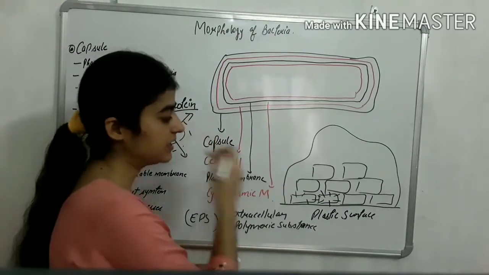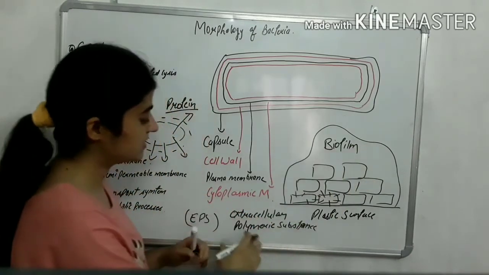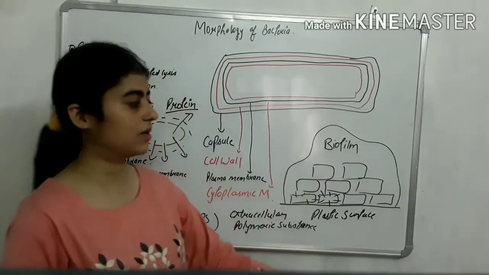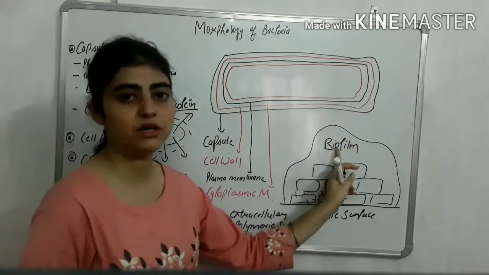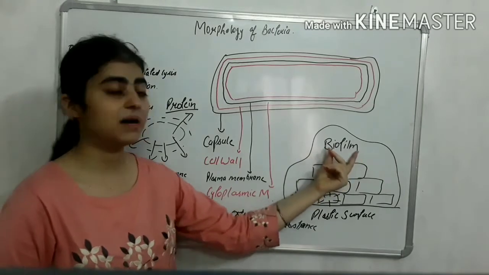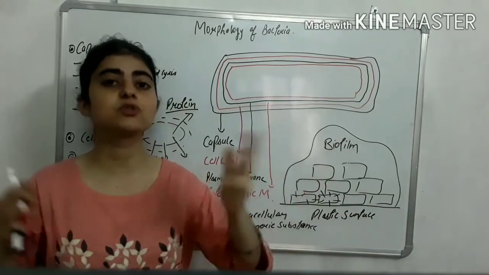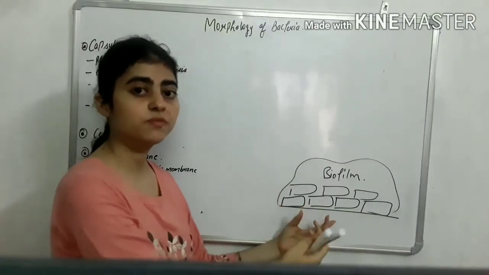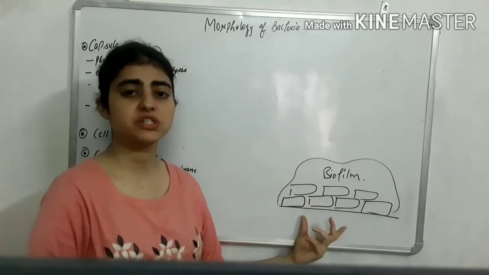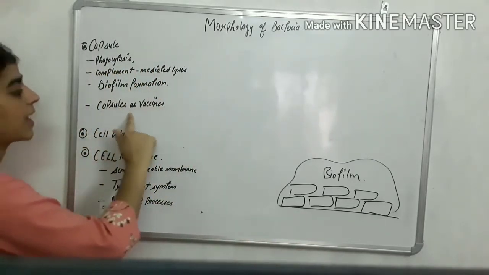This is called biofilm. When they secrete this extracellular polymeric substance, that is called slime layer, and this slime layer covers all the bacteria, this condition is called biofilm. Now what happens in the case of biofilm? These biofilms are more resistant to disinfectants and antibiotics as compared to simple capsules. Now you can assume why people often suffer from infections after catheterization and endoscopy, etc. Next to biofilm formation, we have capsules as vaccines.